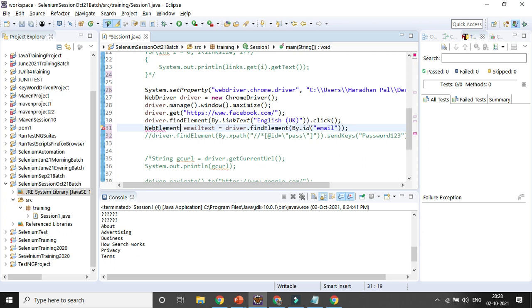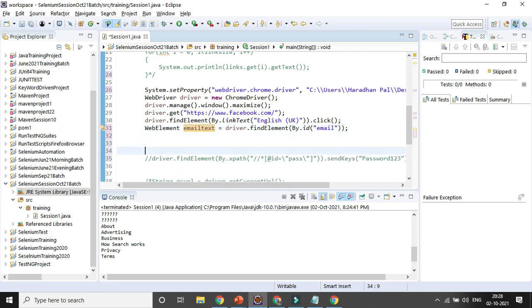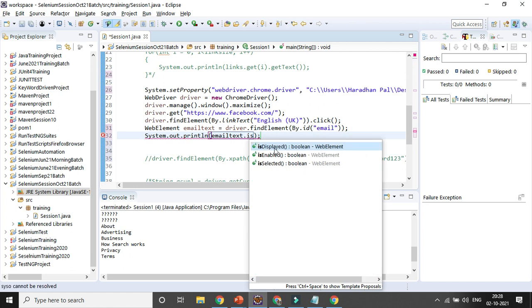Now that is the variable. Now I can check with the variable whether that particular field is available or not. First part, it will give me a boolean value, true or false. Is displayed, then I will check is enabled.